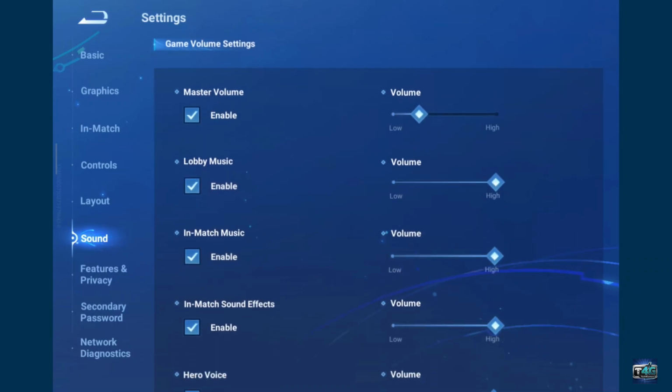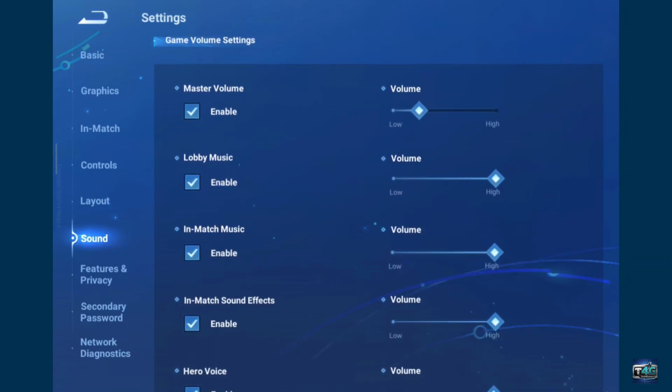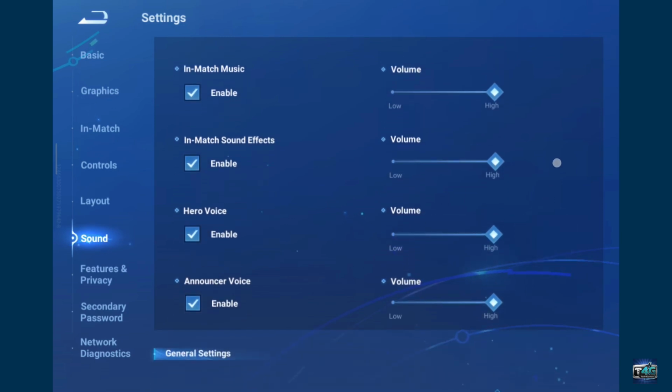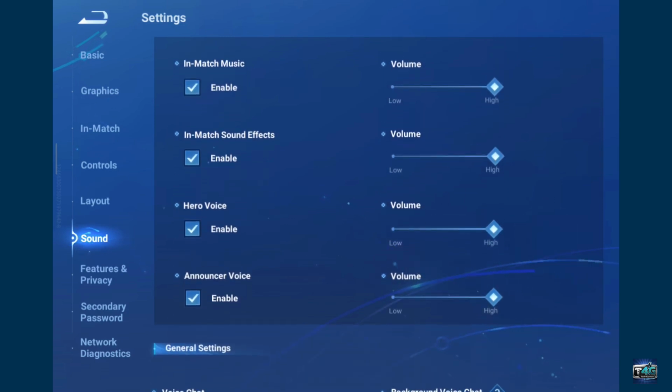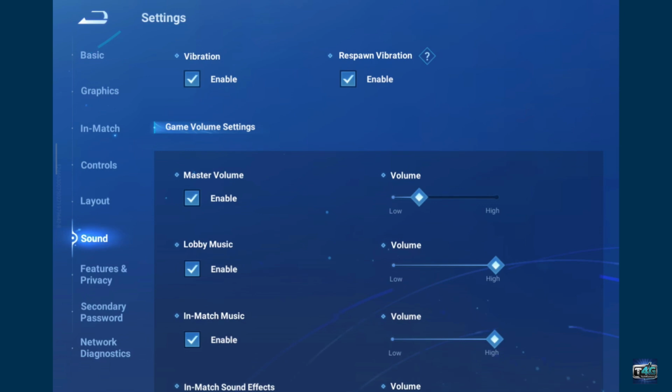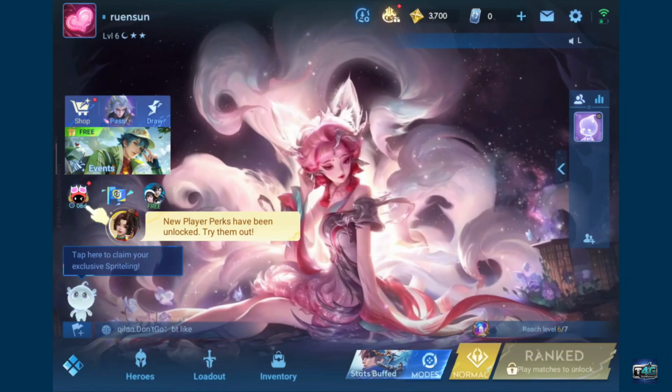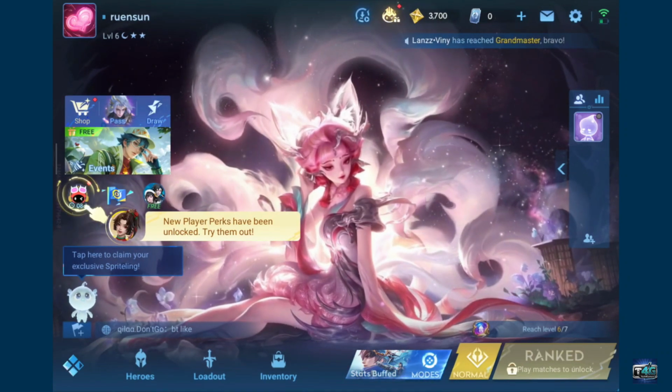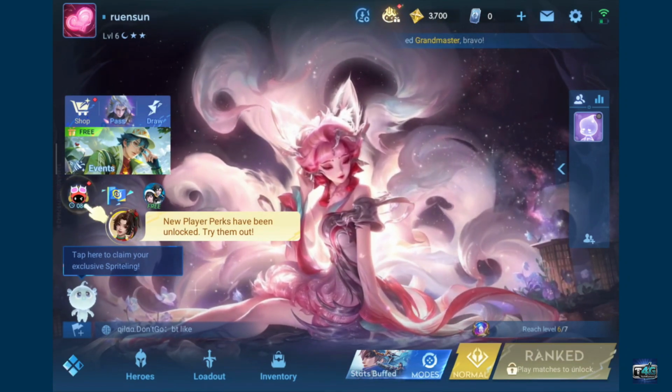In the same menu, you can also adjust lobby music, in-match music, in-match sound effect, hero voice, and announcer voice. Make your selection, adjust it according to your preference, and that's where you can easily increase or decrease or completely mute the game volume settings in Honor of Kings. Now you know where to look when you want to adjust the sound setting in Honor of Kings to suit